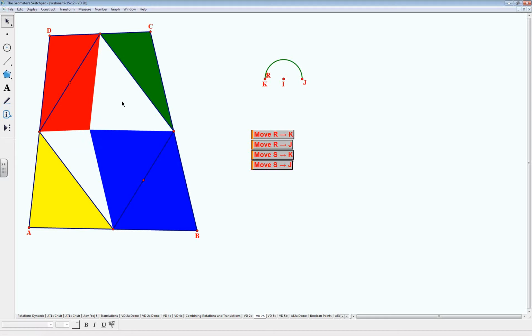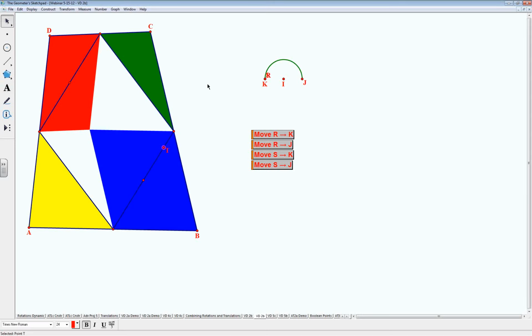And it's simply a translation. So let's do that. I am going to put a point on this segment. I'm going to put it on this segment only to make it more visible, because the other segment is in this red region. It's harder to see. So I've made this point. Let's call it